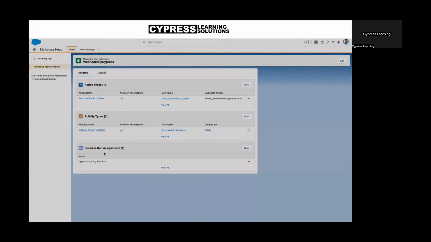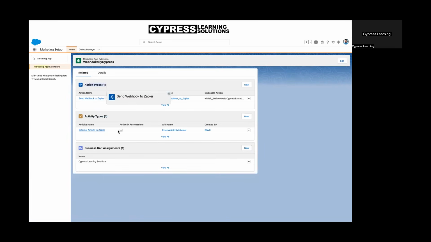We've already built our business unit assignment here. We only have a single one, so we're good to go there. And notice we've got a collection. We've already started here with action types and activity types. So to talk about these in a little bit more detail, your action type is going to be an action